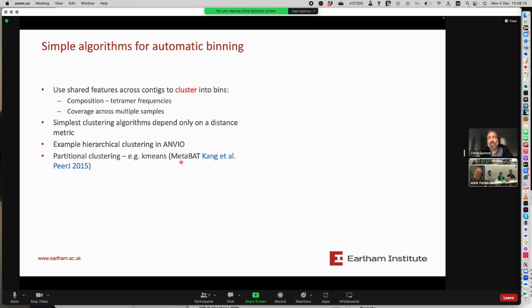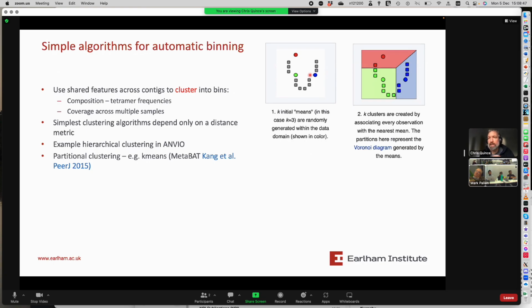This was actually used in the first version of MetaBat. I think MetaBat 2 has moved on to a graph-based clustering algorithm. But I'll just explain very quickly how k-means works. So you've got a set of data points. We're showing these in 2 dimensions here, but it will work in any number of dimensions. And we initially choose k data points as the means of our clusters. You then reassign every data point to its closest mean based on your distance metric, and